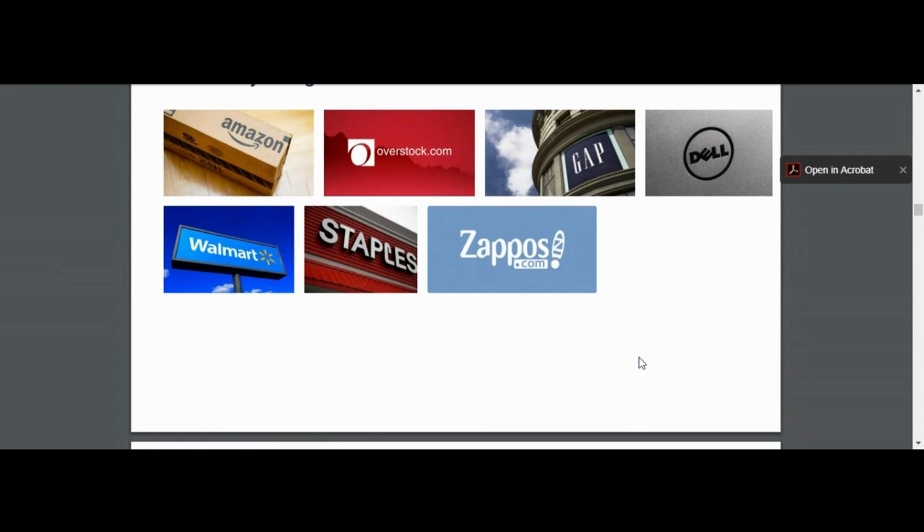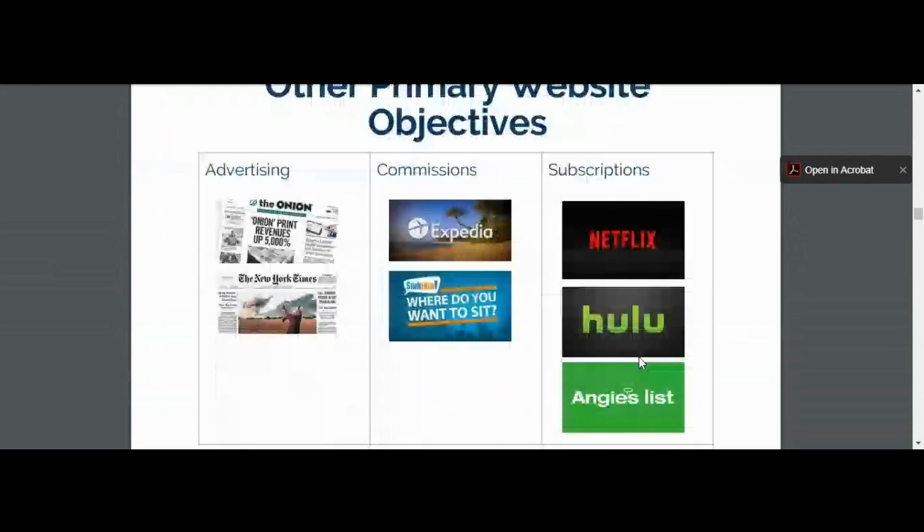Now, a website could have other objectives. Maybe websites advertise. Maybe there's affiliate commission type driven websites. Now, there's subscription-based websites, right? Think of Netflix and Hulu and the Disney Channel and things of that nature. You can get subscriptions, language courses. So there's a lot of subscription type websites,